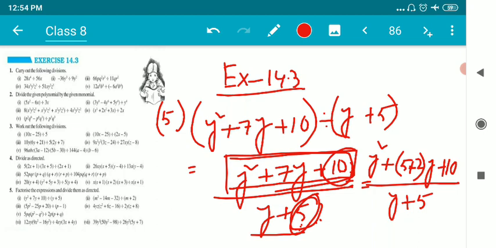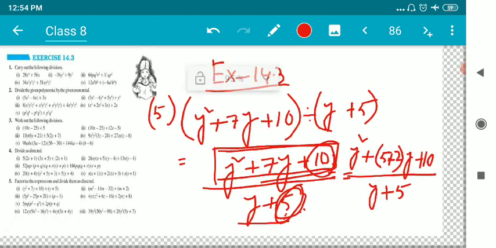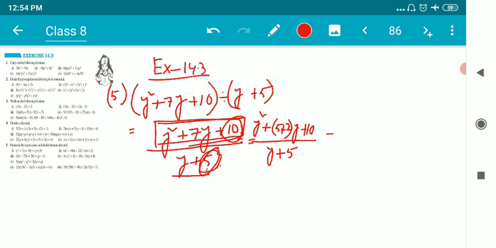So now the next job is to express y square as y square. 5 multiplied with y, I'll get 5y. You all know how to perform middle term factorization, which I've already taught in the previous classes. 2 into y will result in 2y, plus 10, and the denominator which I have got is y plus 5.